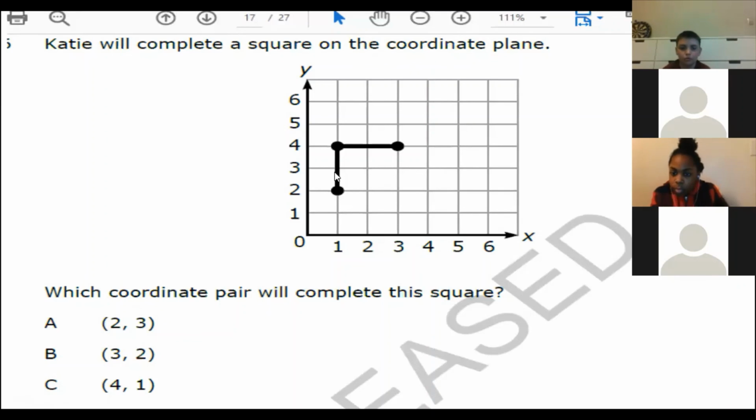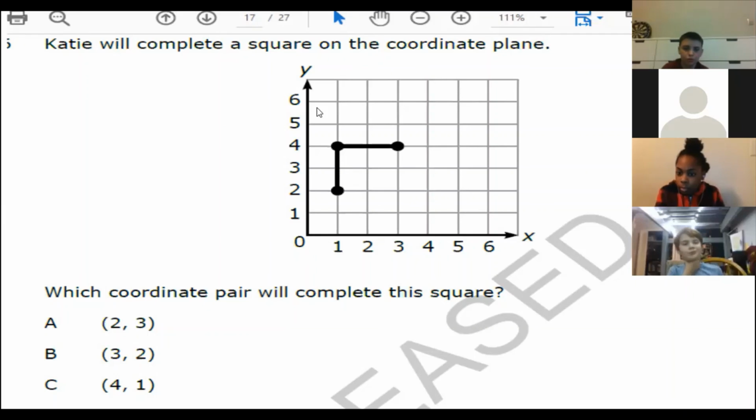So for those of you who are not familiar with coordinate planes, this should have been the first thing you saw this year. That was the first thing in the calendar for all the teachers. Some teachers decide to do it at the end, but this is the X and Y axis. All you need to know is that you can plot points on the X and Y axis. For example, in point A, pretend there's an invisible X and an invisible Y here. 2 would be on the X axis and 3 would be on the Y axis. But to complete the square,